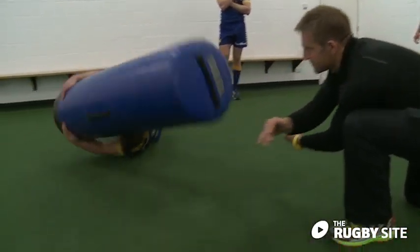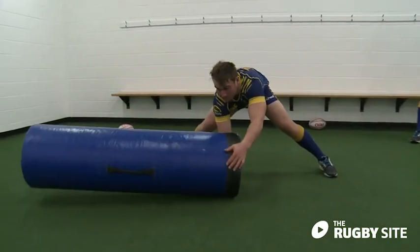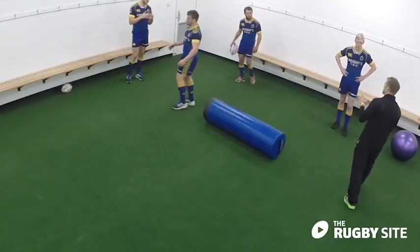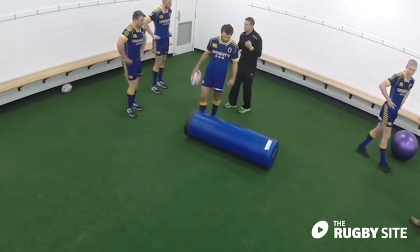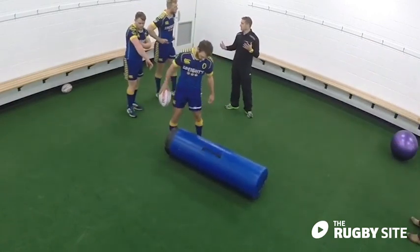Spinning in that tackle and back to his stomach. And so he's up in a great position to then be able to get the ball. Does everyone kind of get the concept of why we're doing it? Because it's so easy, especially on those passive tackles, to just give up on it and just go, oh, I